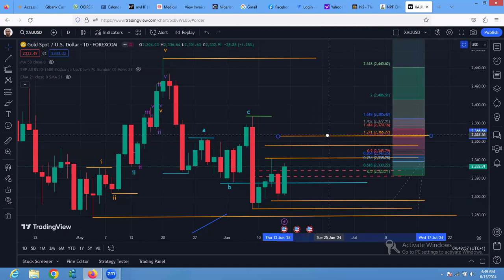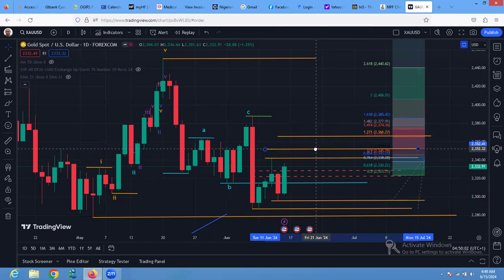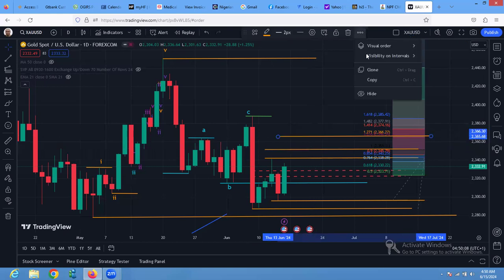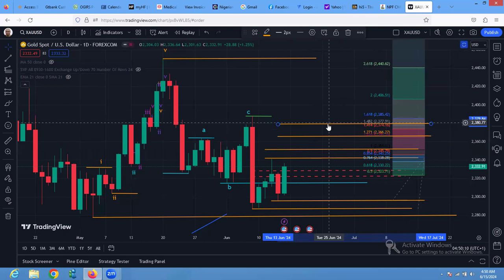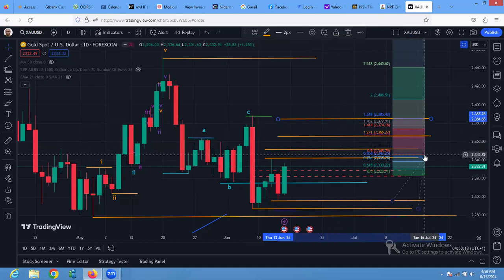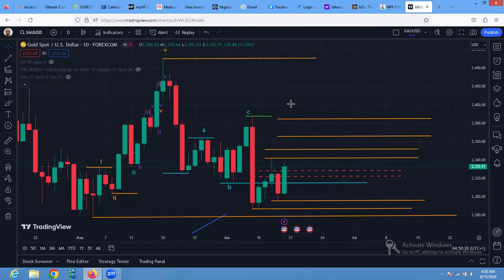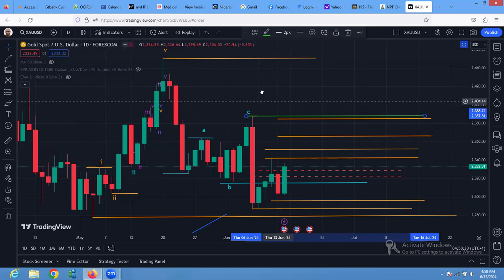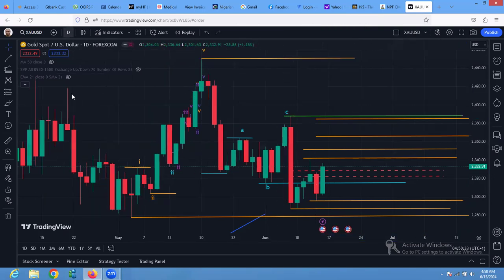This is 123, 100, and 161.8. So we're on the daily time frame to look at that. That's against this area of the peak of the B wave. So if we should go down on a 4-hour to now look at what we have,